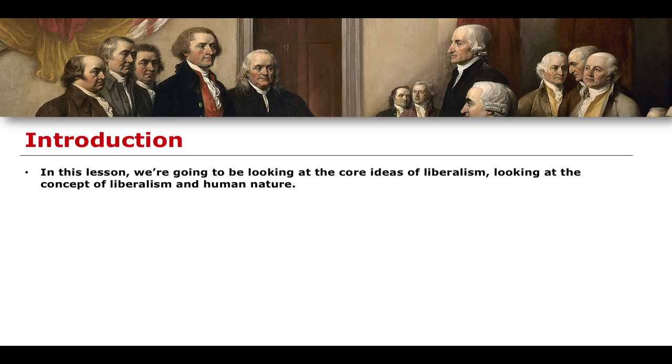So we have the conceptual, quite metaphysical understanding of human nature, which then informs our understanding about what ought and ought not to be the case in relation to society, what the state ought to do, what the state should not do, how the state should be organized, how the state should be run, whether or not there should even be a state or not. And then from there, we go to the pragmatic policy.